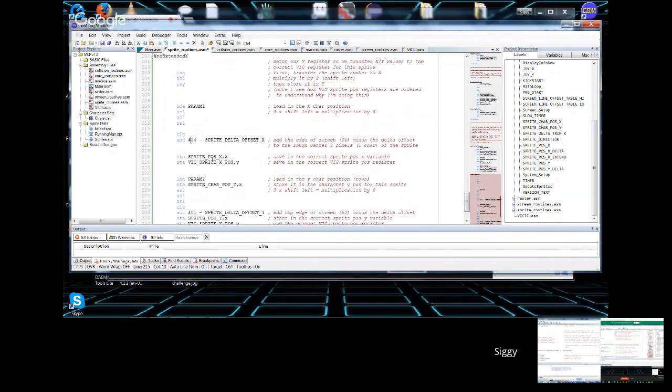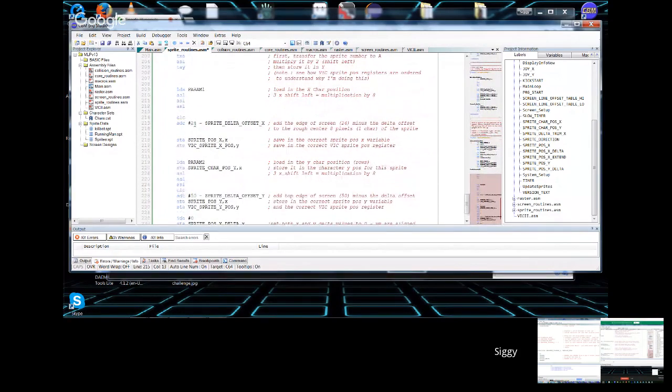I gotcha. Which is why I'm saying, was this hex 24? No, I don't think it is. I got it right because it works, I'm not messing with it. It's 24 across for a sprite, right? Yes, it's 24. Like I said, 24 is the width of a sprite if you really want to get it down to the higgledy-piggledy. So 24 minus the delta offset,